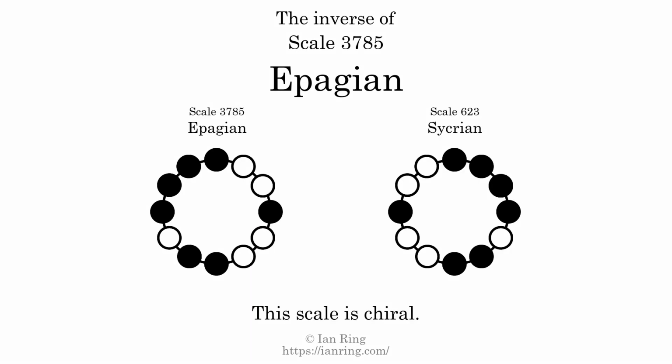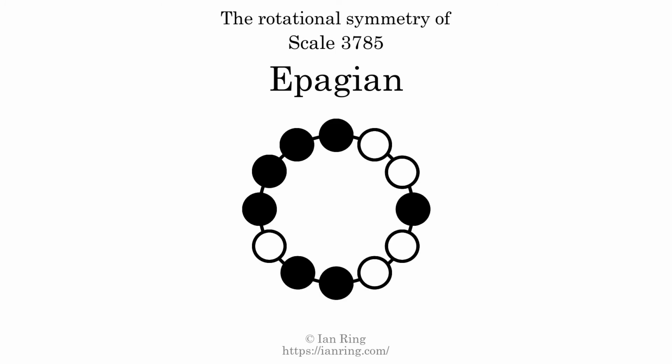The inverse of a scale is a mirror image. It is what you get when the sequence of intervals is reversed. The inverse of this scale is scale 623, also known as Cyprian. This scale is chiral. It cannot transform into its inverse by rotational transformation. This scale has no rotational symmetry. For even more detail about this scale, visit